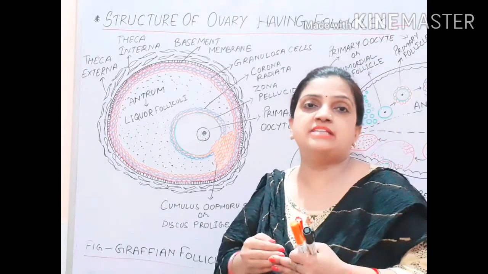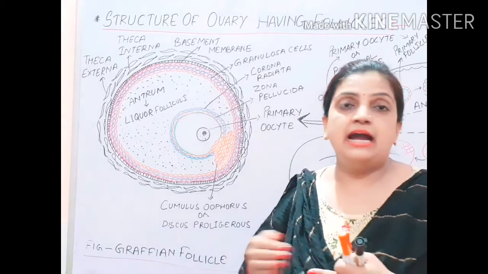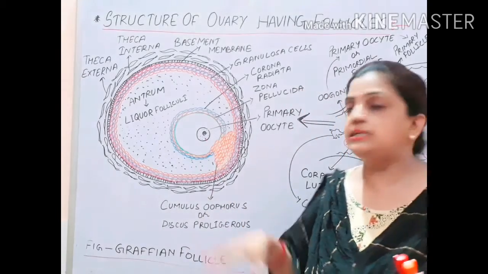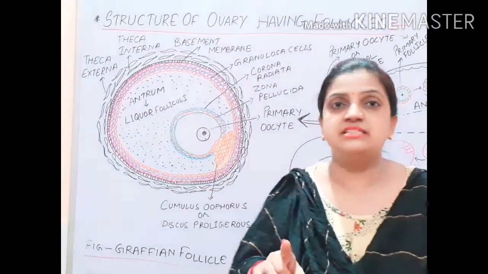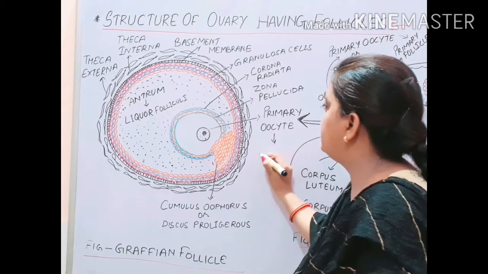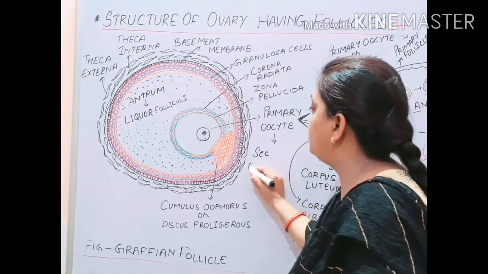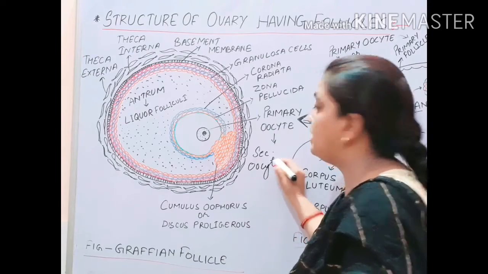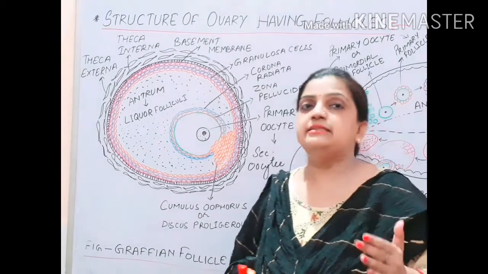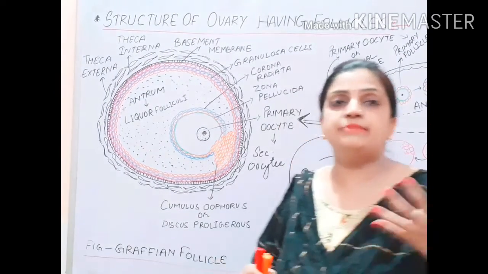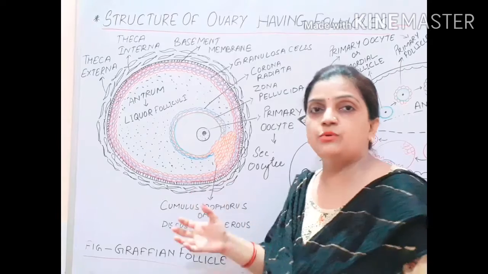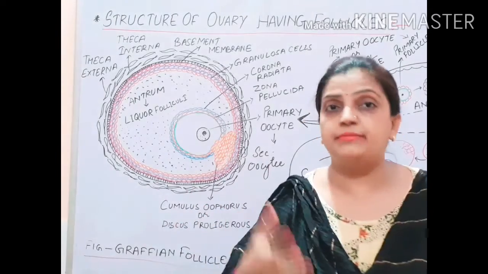Now children, remember that this primary oocyte will now convert. If you remember, I told you all that the primary oocyte will enter meiosis first, and it will enter meiosis second. So this primary oocyte will complete meiosis first and will be converted into secondary oocyte. Always remember, children, that it converts into secondary oocyte after completing meiosis first. If you remember, I told you all that in the prophase first, this primary oocyte stage is arrested,